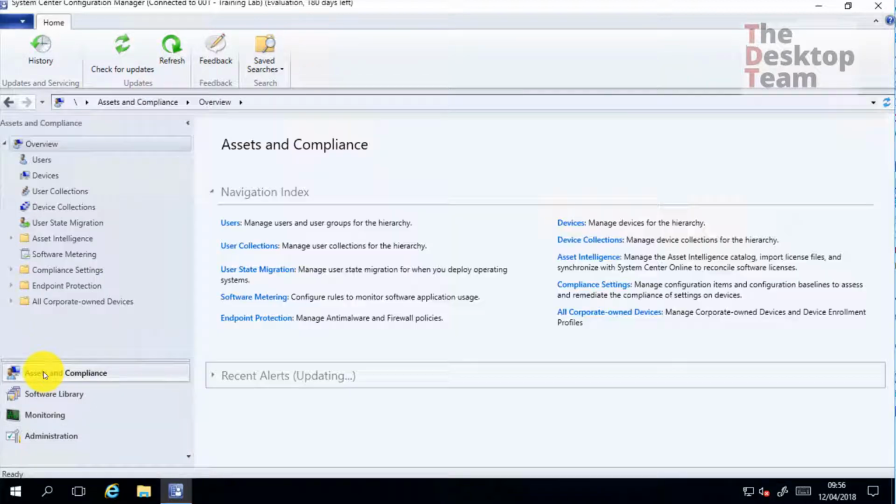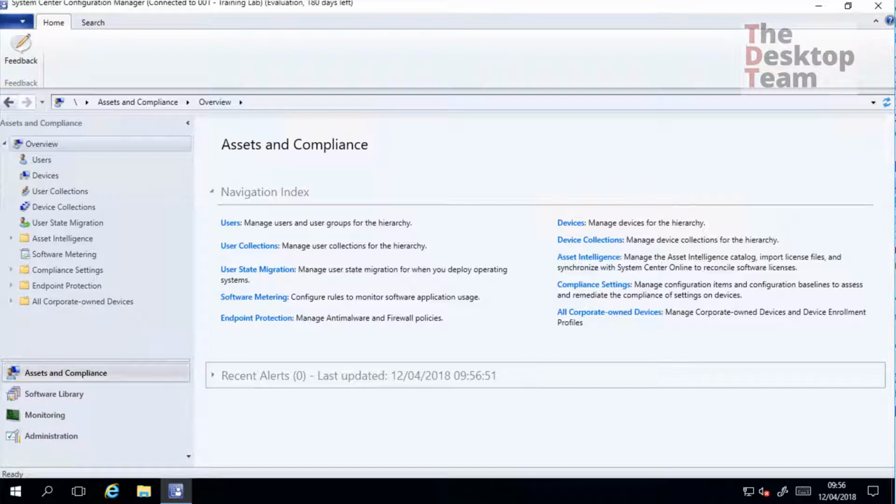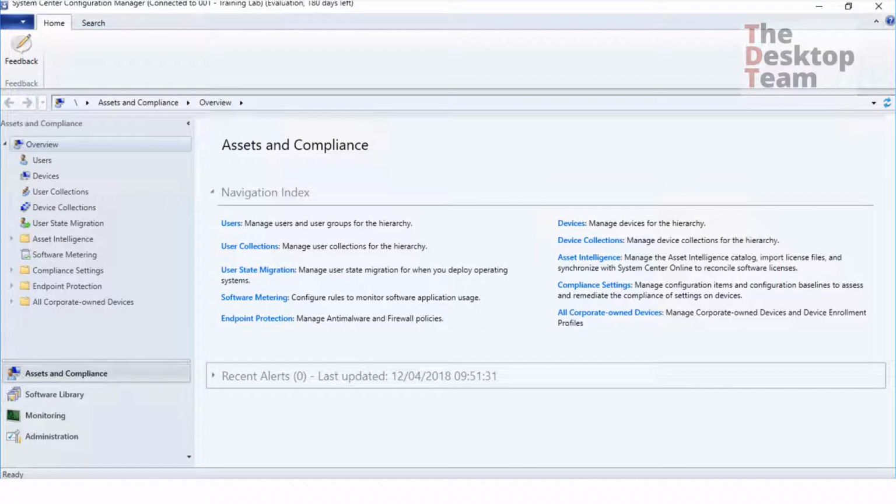But okay, I have my infrastructure, but now what? What do I do with Configuration Manager? Configuration Manager is a brilliant solution, as you can imagine. I'm passionate about that. But as soon as you install it, you don't do anything. So how do you start? First, as soon as we install, let me open here